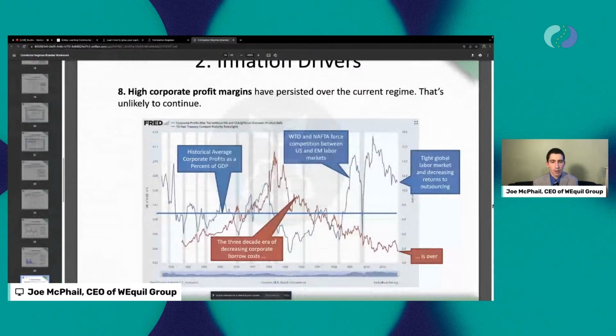Okay, high profit margins. Essentially, what this is saying is that companies are not under as much pressure to raise prices. What we're looking at here is corporate profits after tax as a percent of GDP. The higher those profits are as a percent of GDP, that's one way of measuring. It's not my favorite way, actually, but generally, if you're looking at corporate profits in the United States, they've been doing quite well.